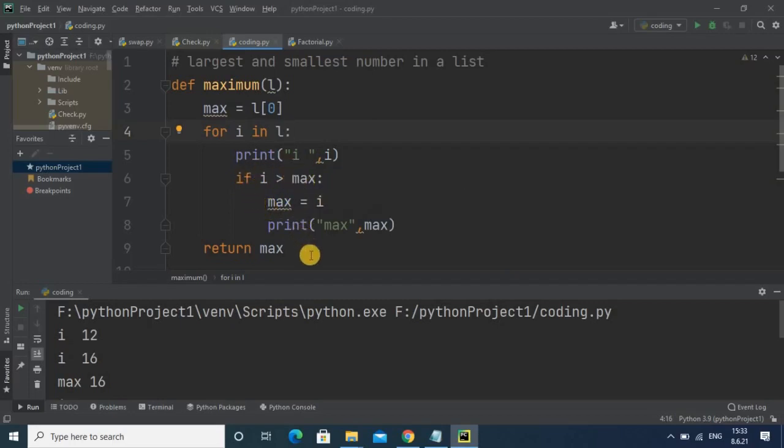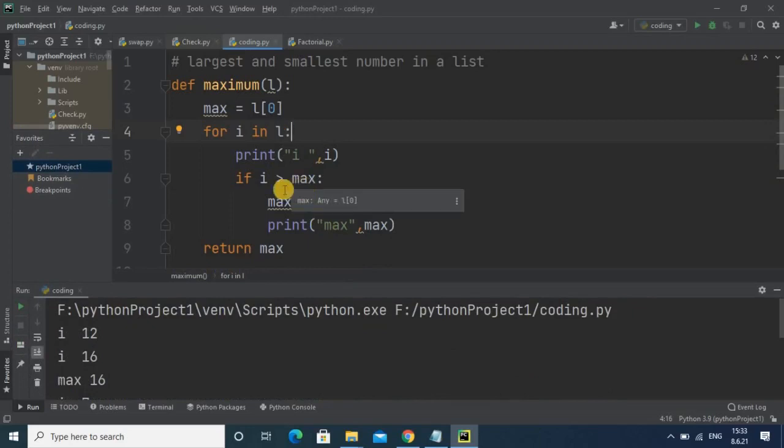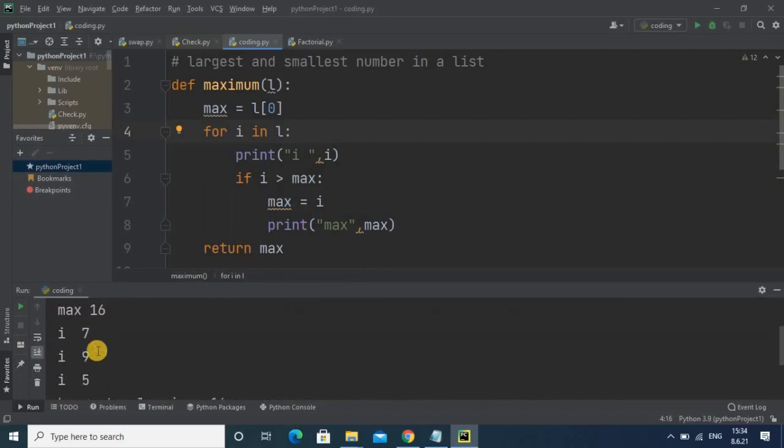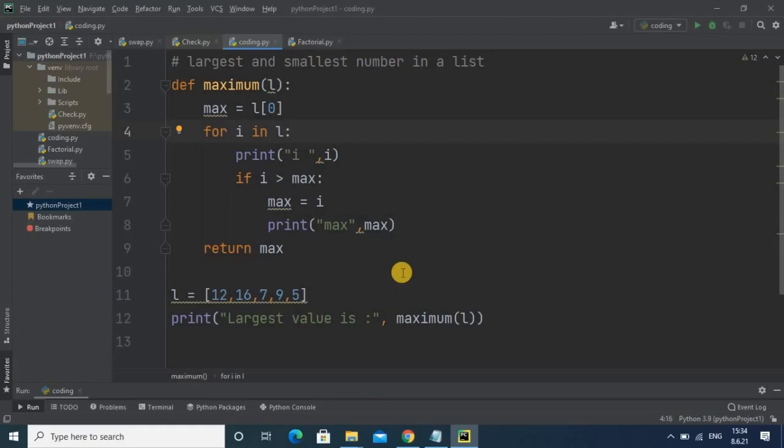Then for the next value, 16, 16 is greater than 12, the condition is true, so max is 16, and here we are getting the result 16. Then for the other value, I is 795, the condition is false, so the last output is 16. So in this way your code will work here.